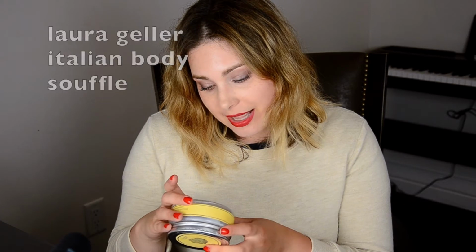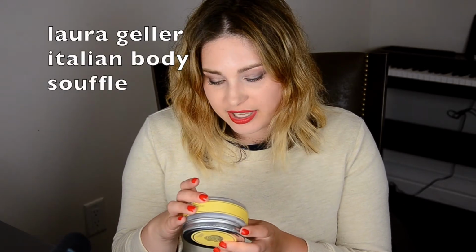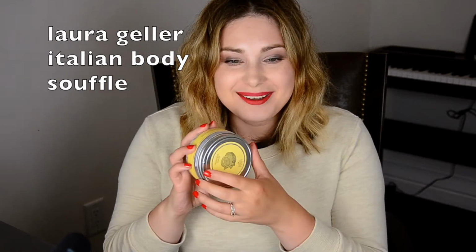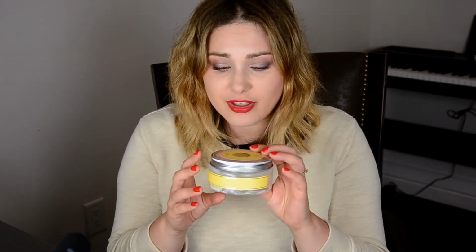First of all, the name of the product is Italian Body Souffle in the flavor lemon meringue. Of course, it is the beautiful vintage slash minimal packaging that they have. I mean, they have that beautiful paper print on top that looks really pretty and vintage. I love the way that they designed the actual container. I think it's